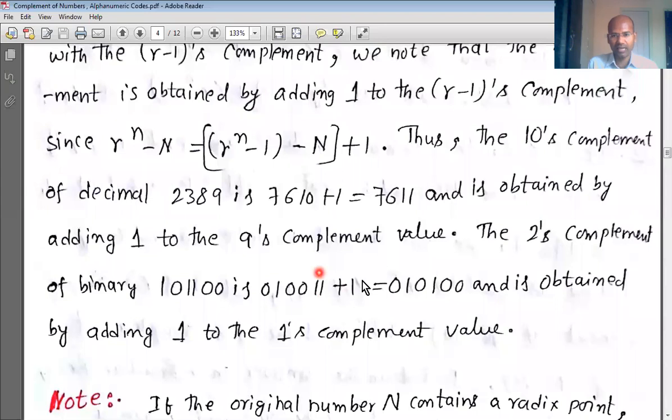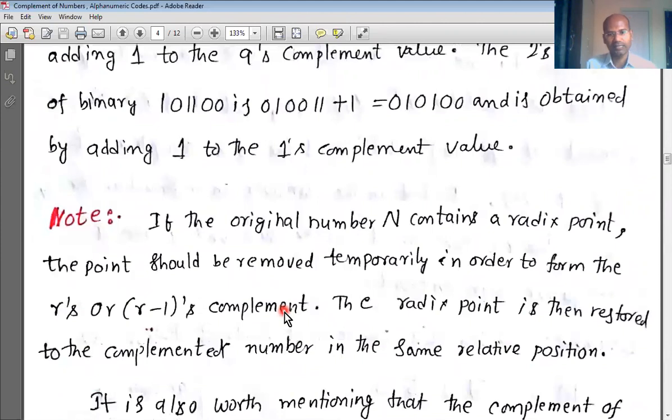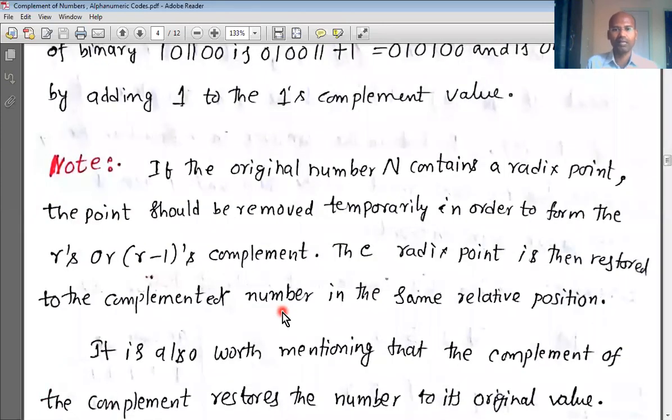This 10 becomes the carry and so on, and this is the result. Okay, this is the 2's complement of this one. So we can find out the 2's complement directly by subtracting this number from 1000000. Instead, this is even simpler. In the first step, find out the 1's complement. In the second step, add 1 to it. That becomes the answer. Okay, that is about radix complement and its diminished components.